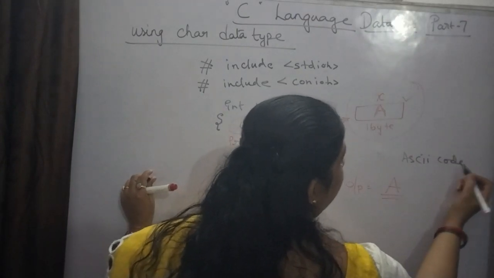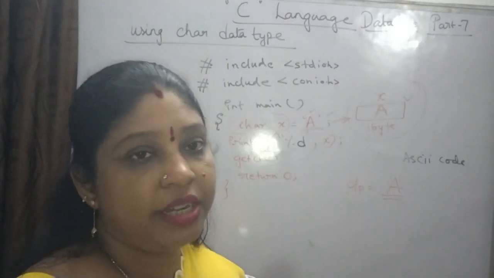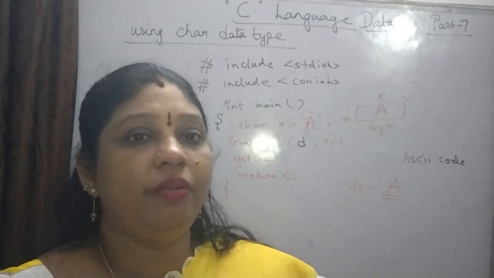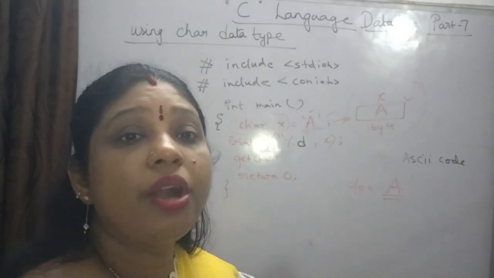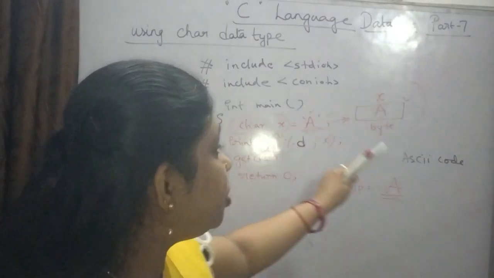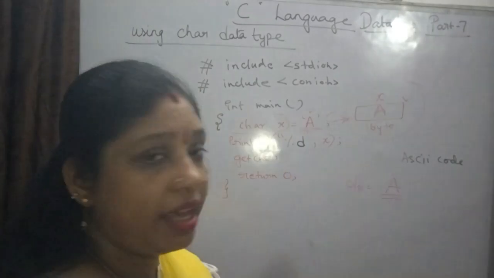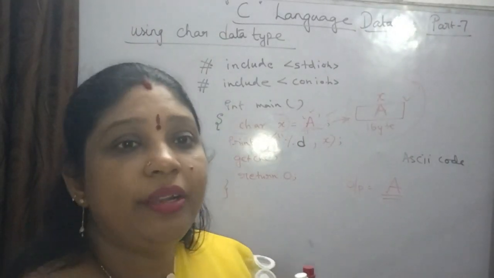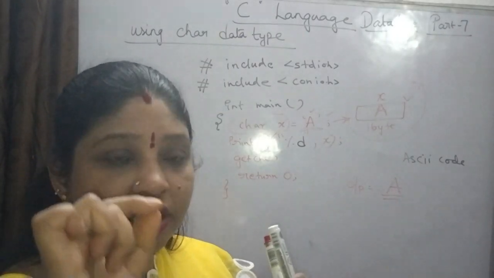So in these ASCII codes, for capital letters you have different codes, for lowercase letters you have different codes, for symbols, for digits, everything you have different numerical values. So when you are giving %d, it will not give the value you have given here. It will go and check in the ASCII code chart what I have given, capital A. So it will check which numerical value is there for the capital letter A. So you just go and check that ASCII code chart.